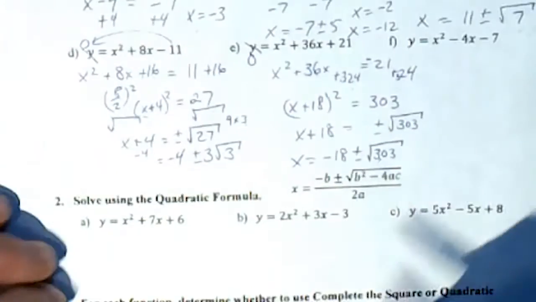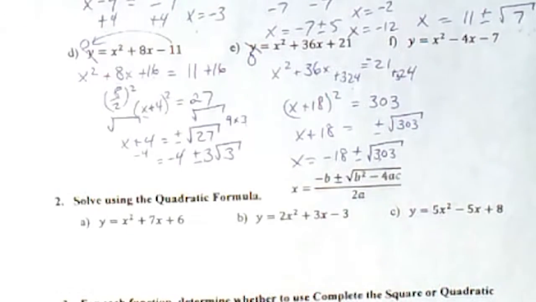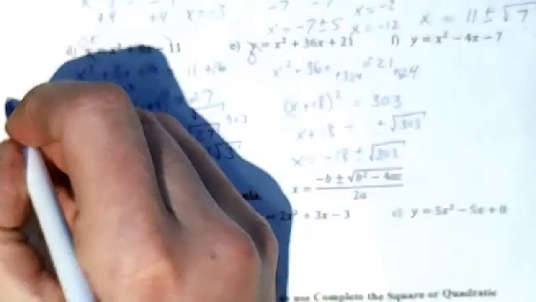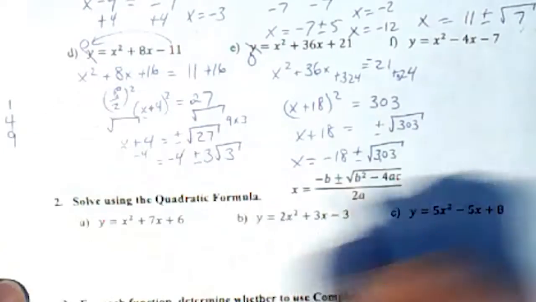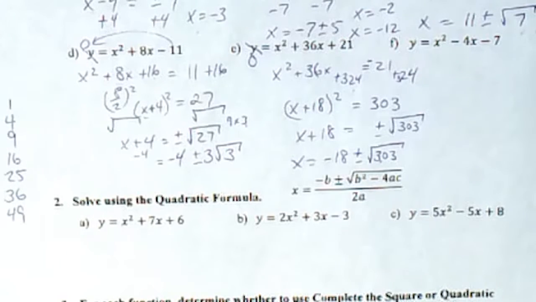We've got a radical, so we can't turn it to a decimal. It's not a perfect square. The only thing I can do is check my perfect squares to see if any of them go into 303. So I've just made a list, and I'm going to go through and check. Now this is a pretty big one,